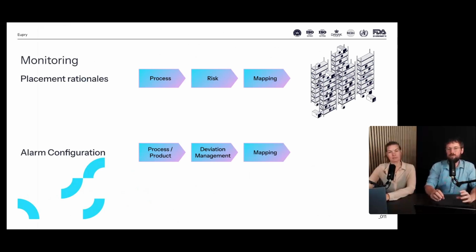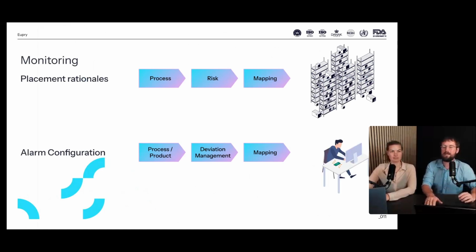And then that leads onward to mapping. So you have a good understanding of how the temperature fluctuations typically are in your warehouse or fridge or freezer, whatever it might be. And that leads on to the specific temperature alarm configurations that you've set up for your system. Are you alerted? Let's say it's typically cold storage between 2 and 8 degrees. Are you alerted immediately if it goes outside 8 degrees, or do you treat that as an incident? Having that defined upfront shows the auditor that you have a really good understanding of the hierarchical structure of where